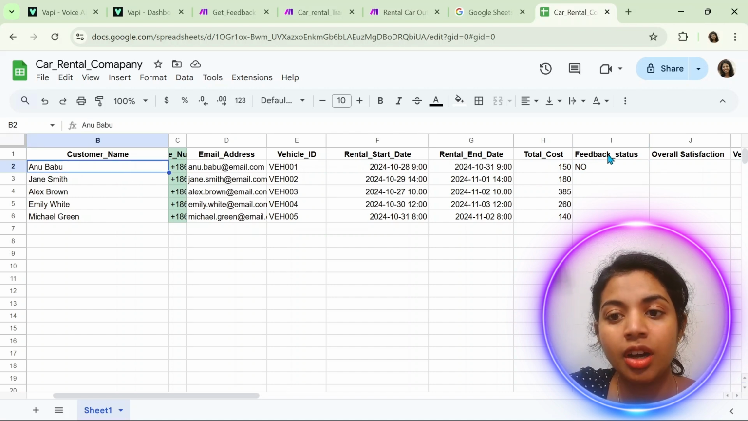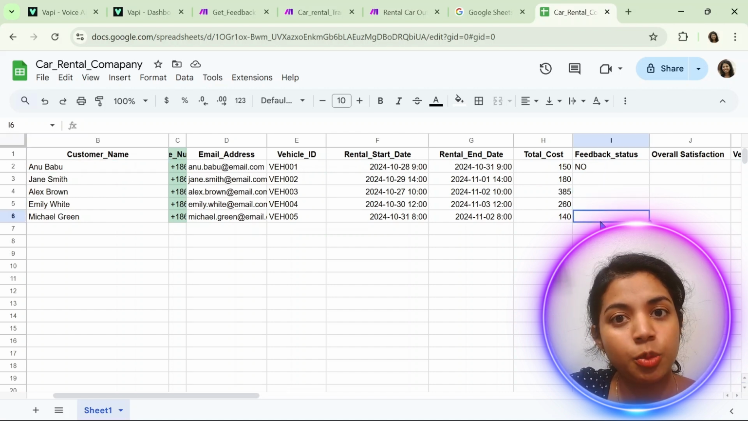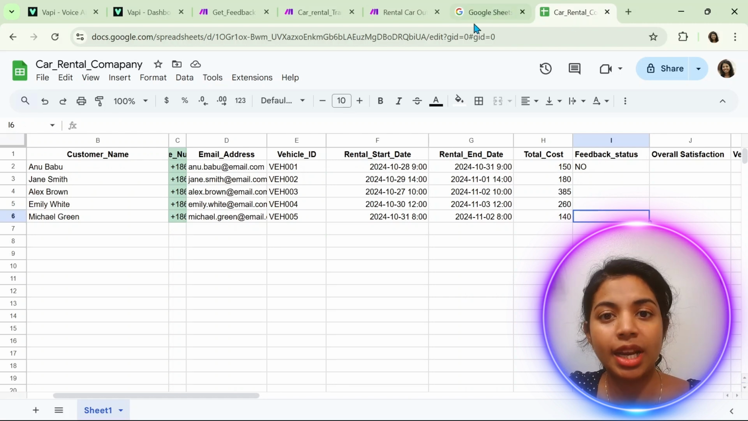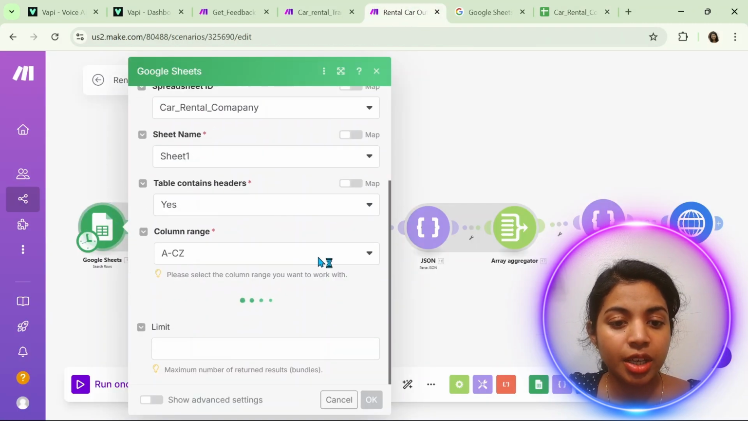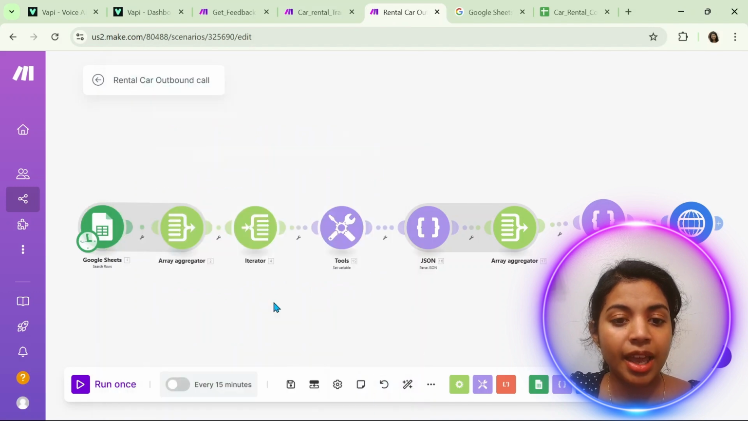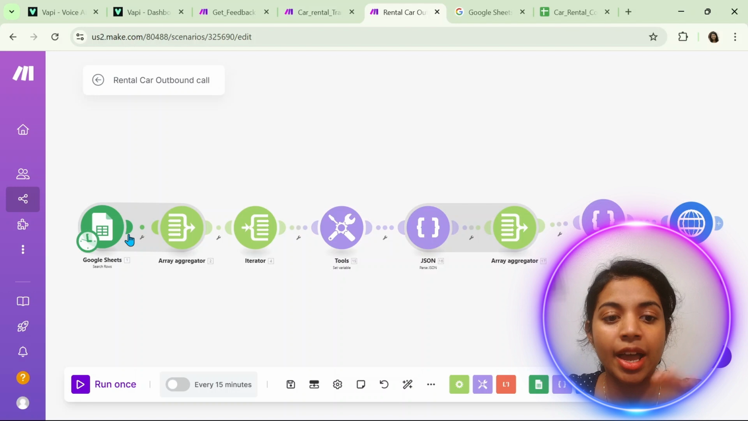After each call, this customer's status is updated to yes. Later I will show you how you can update that. Going back to the scenario, after giving the condition, we click OK, and we give all the rows which have the status no to the array aggregator, and again to the iterator, and to the tool where we create the assistant,